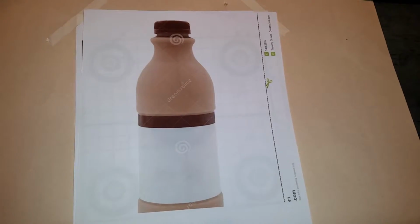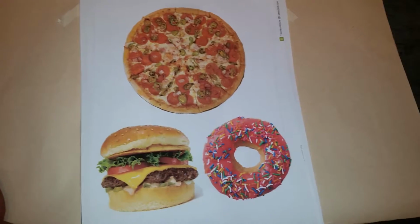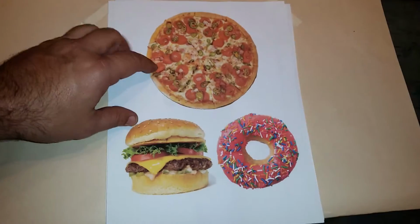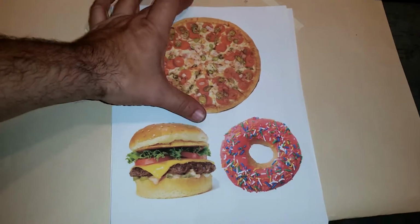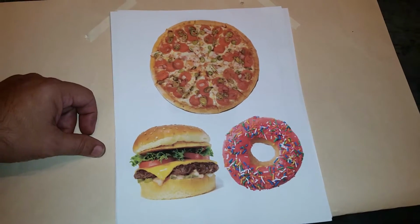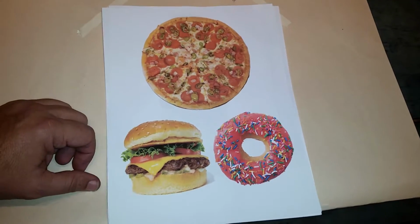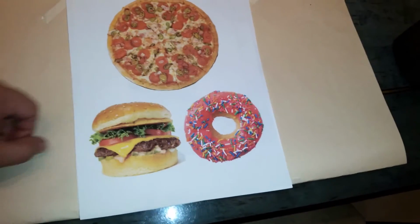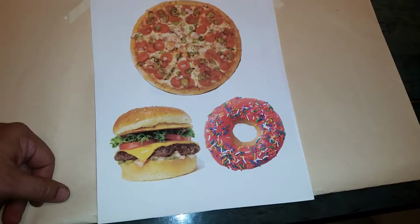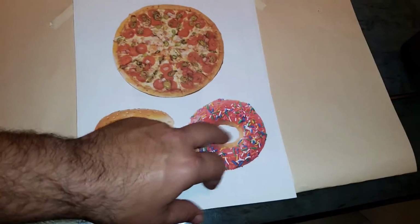And as a step up from there, I printed this one out. And these are all photos I found on the internet, so I don't own any of these or anything, but I just wanted to share the idea. The pizza is pretty big. I would say it's about 5.5 inches maybe in diameter, so it's pretty easy to hit. Then the hamburger gets a little smaller, maybe a 4.5 or 4.25, just like the donut. So here you have one large target, two small targets. If you really want to challenge yourself, get some inside the donut hole. So that's the idea. This is target number 1, target number 2, target number 3 with a bonus,